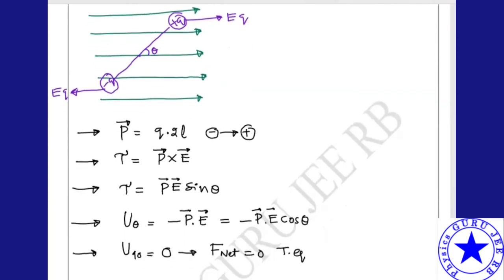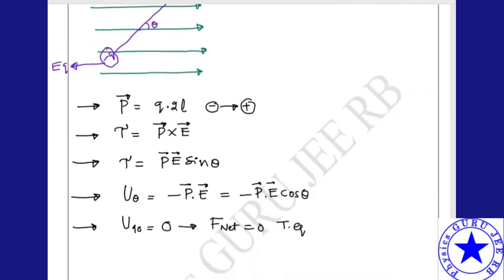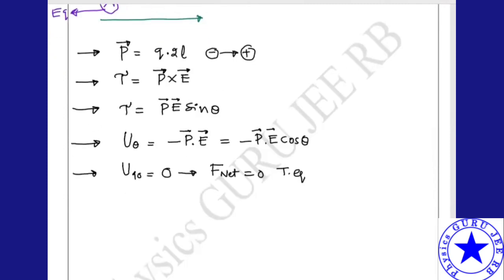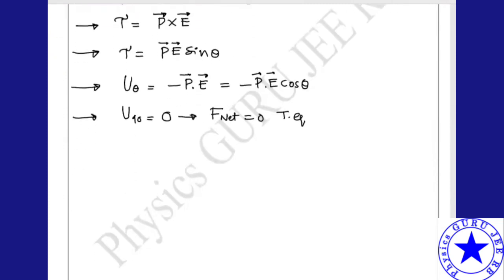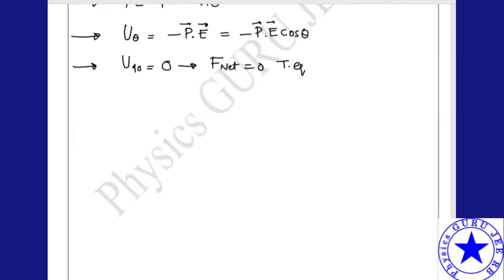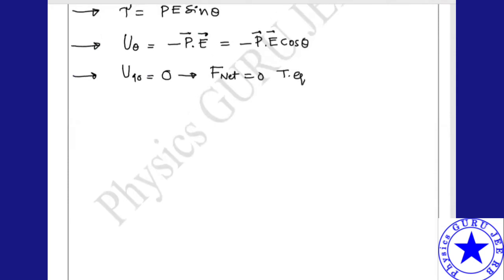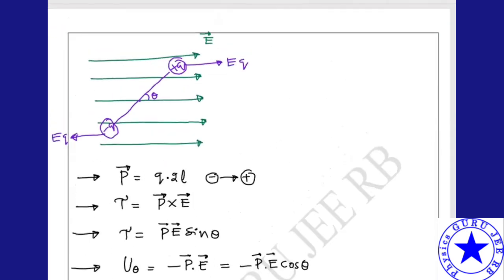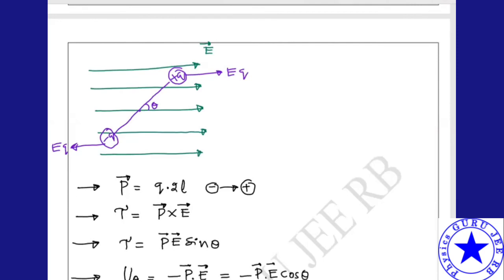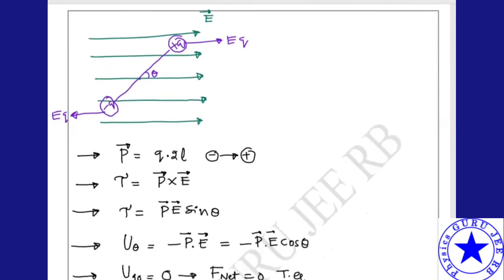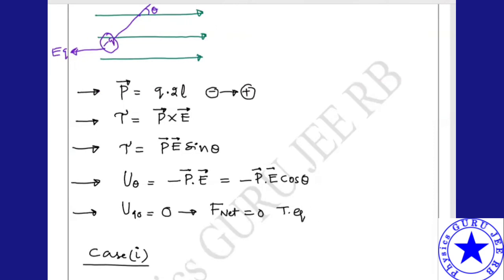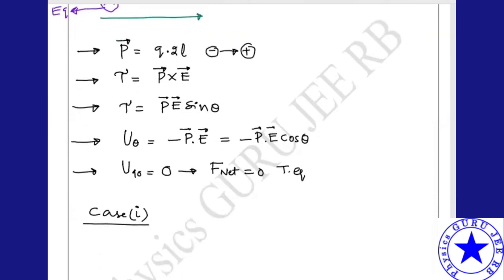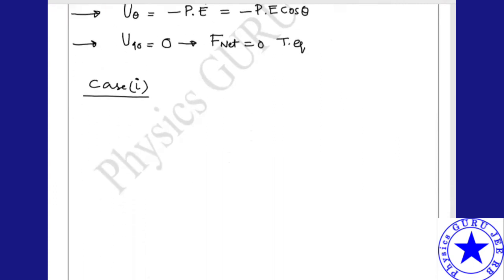Now here we'll do some configurations, very important. We even discussed this in work, power, energy in our 11th class. If you remember stable and unstable equilibriums, that will be nice. So now let me take case 1. To start the applications: a dipole is placed in the uniform electric field which makes an angle theta. With this information, we can write all the things we discussed till now. So let me consider case 1.